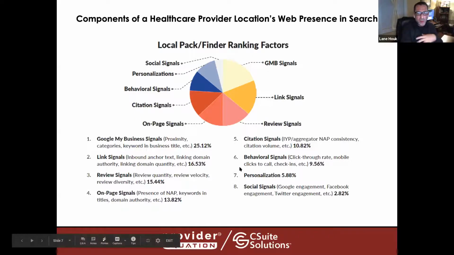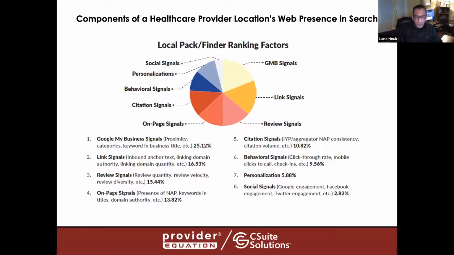I'm not going to get into all the nitty gritty of this, but at a high level, these 8 categories are Google My Business signals related directly to the Google My Business listing for that location or company. Link signals, which are really votes. Links are really a link to your website on somebody else's website, or a link on my site to your site. Those links are signals, and Google looks at that because it finds connectivity in the networks of websites around the web, and it looks for who's connected to who, or what websites are connected to what other